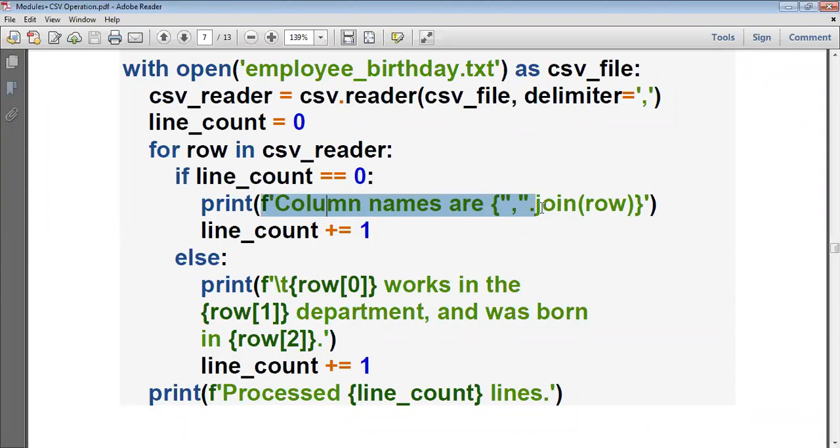You can use f inside the print for this, though if you don't use it, it is not a problem. Some Python versions use f inside the print to represent the string as a formatted string. Initially line count will be 0. What is the first line of your CSV file? Always the first row will be the header.